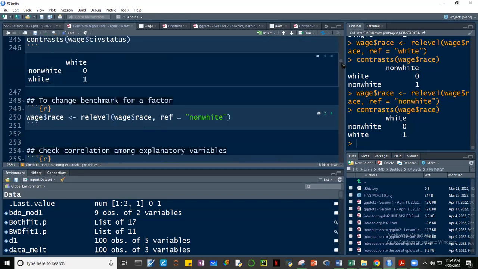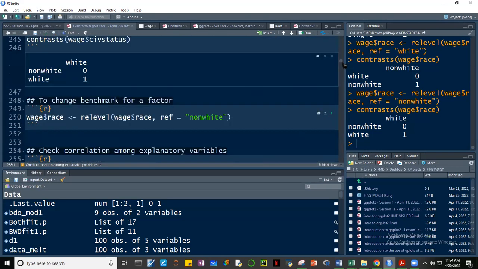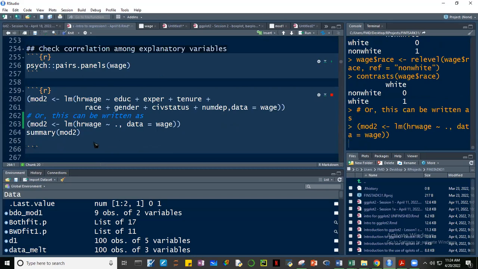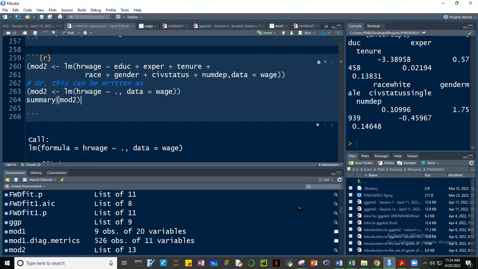Okay, and then when we run this, this will create an object. In this case, we named it model 2. And this model 2 is a list. It consists of several objects, a list of 13. Then yung summary niya,